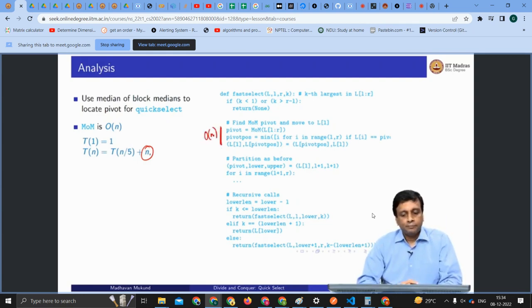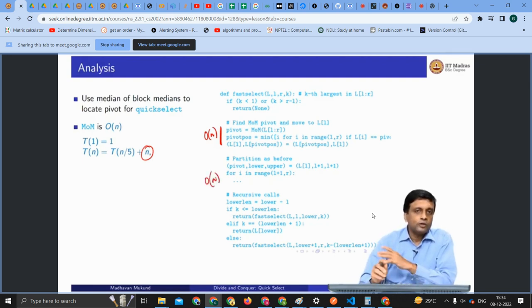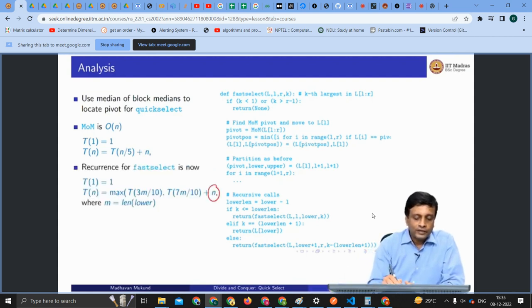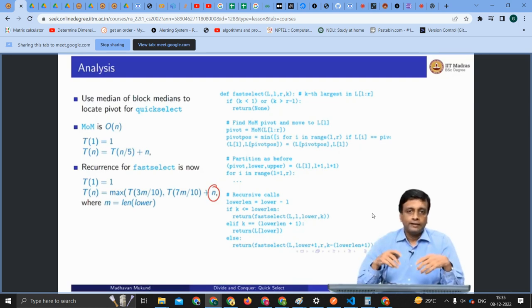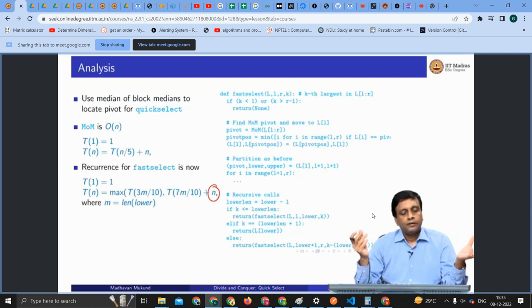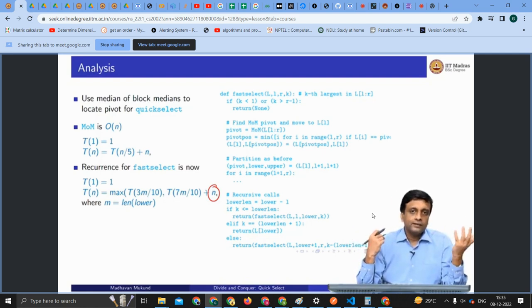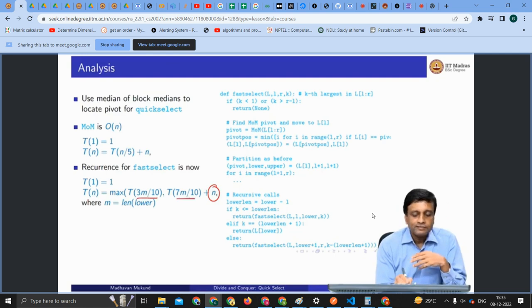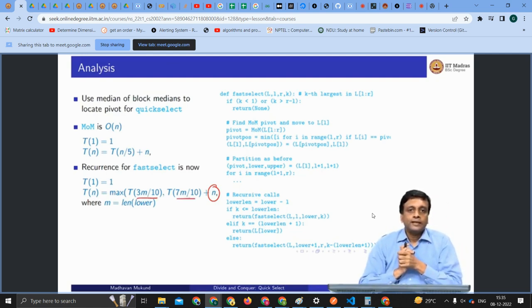So finding the pivot is order n time, and finding the partition is also order n time because I do it in one scan. So overall, as far as this fast select is concerned, this part of it remains order n. The processing time at each recursive call without the recursive call being counted is order n. It's order n to find the median of block medians and another order n to do the partitioning with respect to that median, right? And now what do we know? We know that, like our earlier example of quicksort with 2 by 3 and 1 by 3, here we know it is 3 by 10 and 7 by 10. We know that at least that many elements have been eliminated in this, or pushed into one of the two